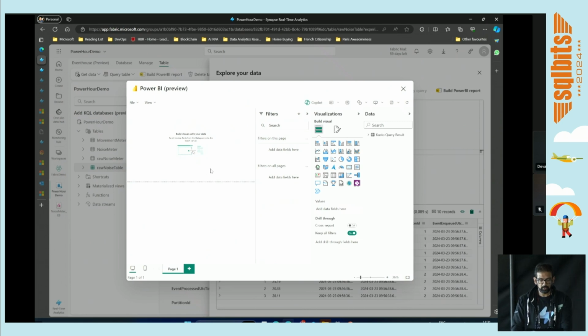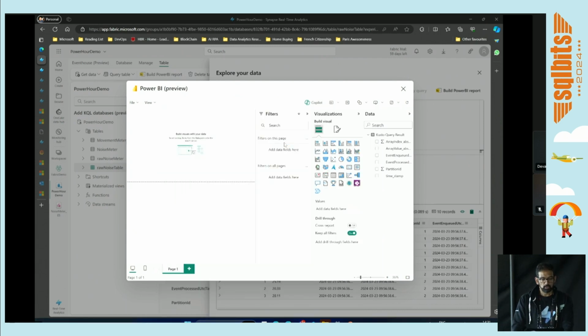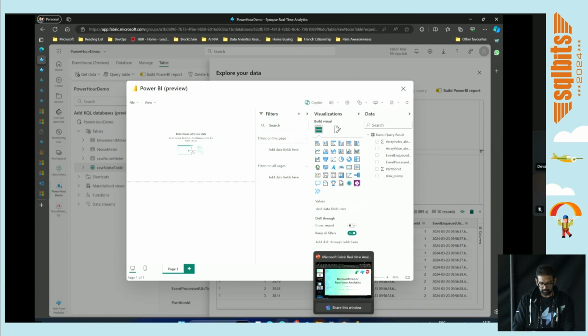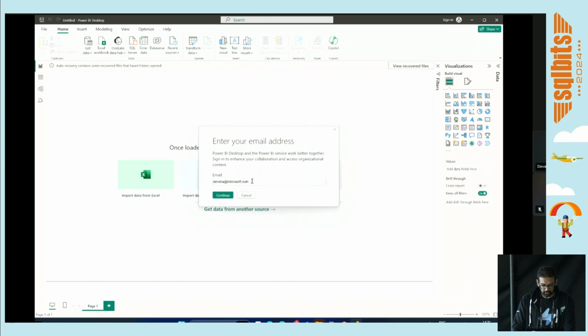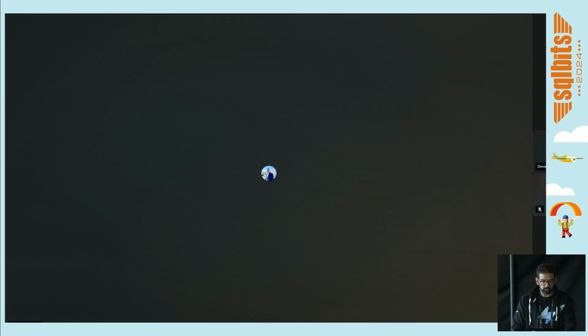Here you can create multiple different types of visuals because your table is already available as different columns, and you can build an interesting visual. But you can also do the same with Power BI Desktop. So let's open Power BI Desktop, which should not take too long. All right, so let's create a new report. If you go to new report, I should sign in, of course. All right, so when you're in Power BI Desktop, you can simply